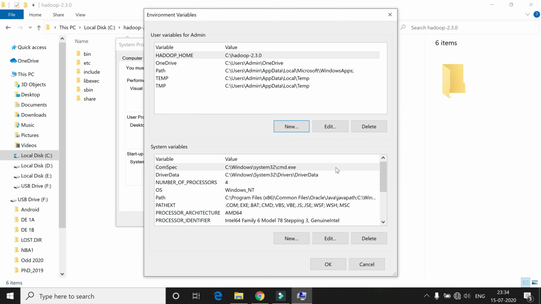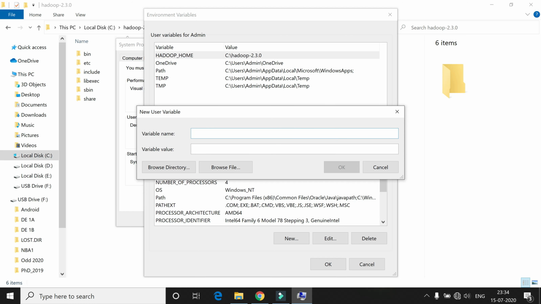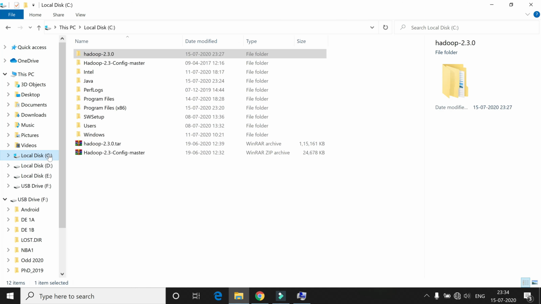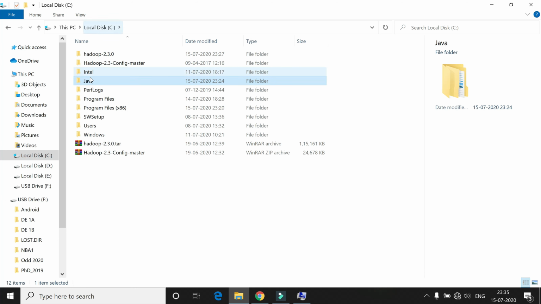And then number 2, you are supposed to give your Java path. For that create one more variable, and in the variable name give JAVA_HOME and give the path of your Java installation folder. For ease of Hadoop installation, keep the Java folder in your C drive itself.